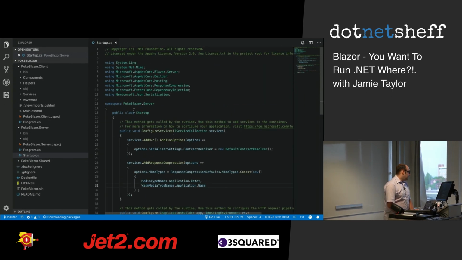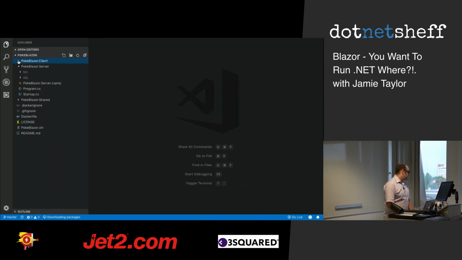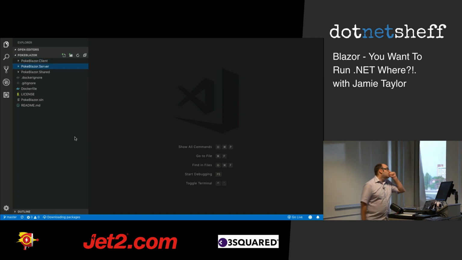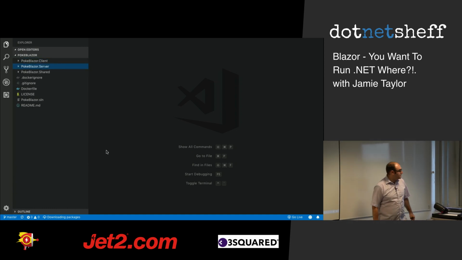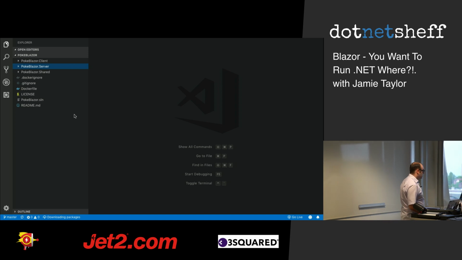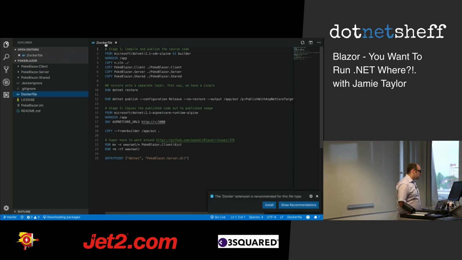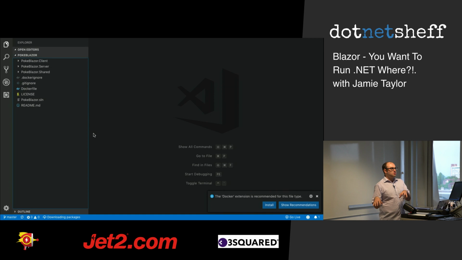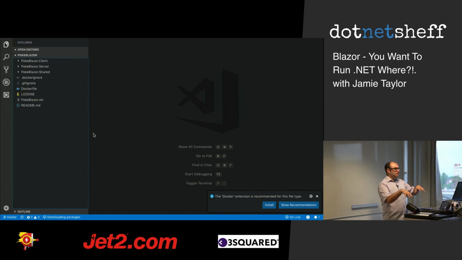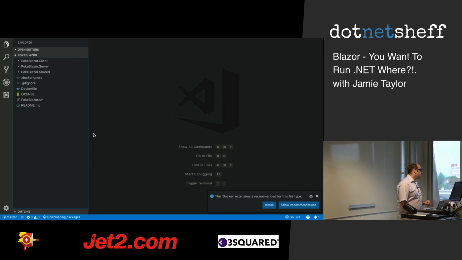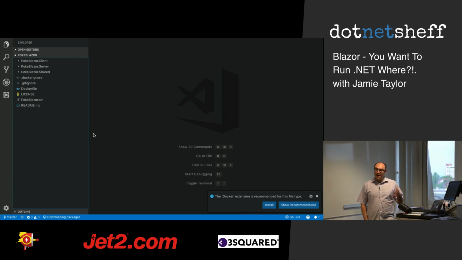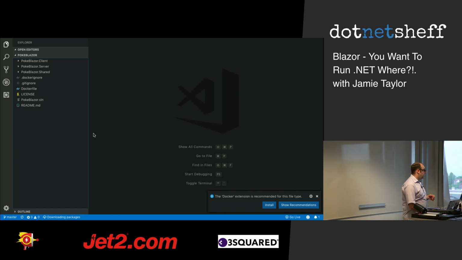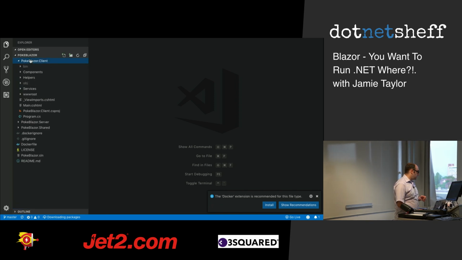So, in a typical Blazor app, you can see I've already added Docker stuff to it, and that all works. You don't even have to have the tools installed. You can use Docker to build it, and then output the binaries and serve it that way. It's brilliant. But in a typical Blazor app, you're going to have a client, which is this project here, and